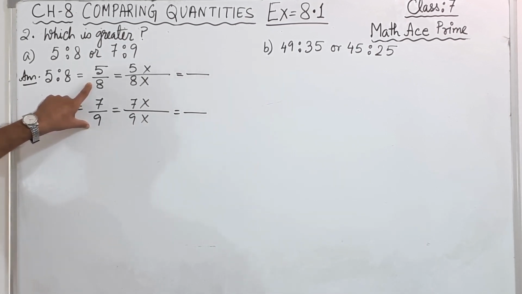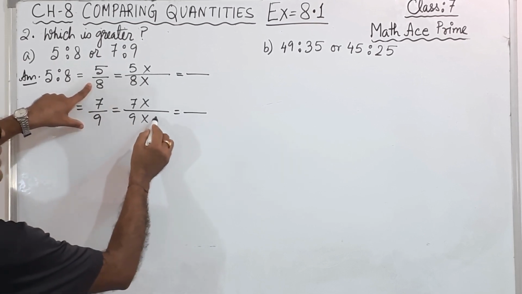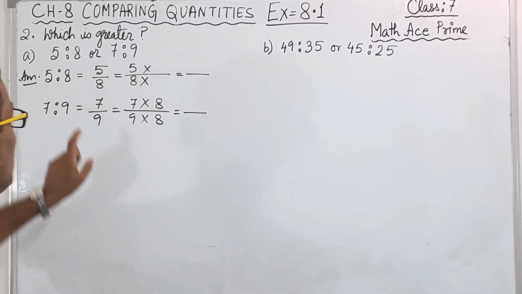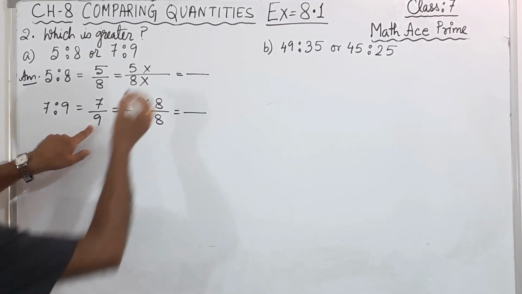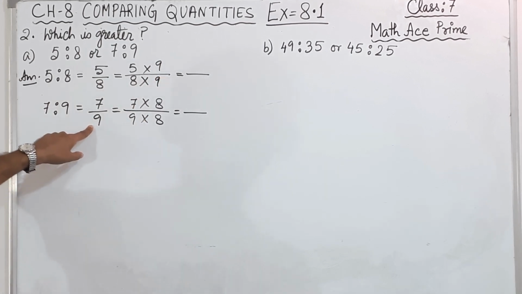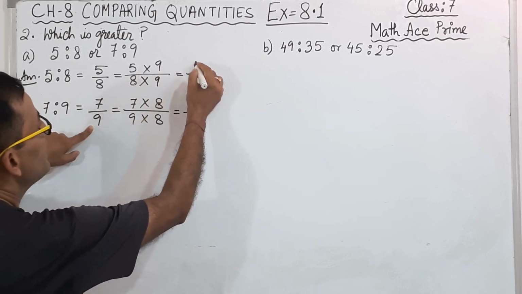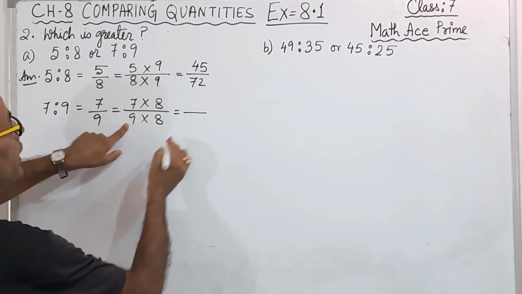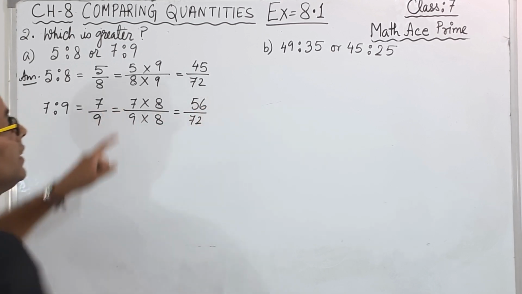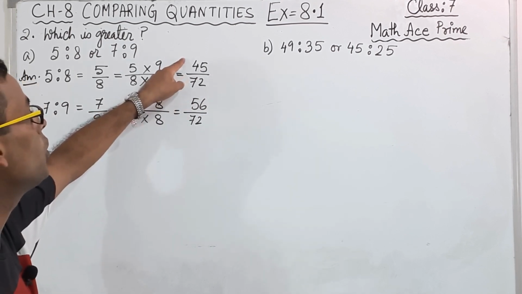कैसे सेम करेंगे, इसका 8 है, इसका 9 है, तो क्रिस क्रॉस कर देंगे। ये वाला डिनोमिनेटर 8 है, इसको इससे मल्टीप्लाई करेंगे, ऊपर में भी और नीचे में भी, और इसका डिनोमिनेटर 9 है, इसको ऊपर और नीचे दोनों को मल्टीप्लाई करेंगे। तब क्या हो जाएगा, 8 9 72 एंड 5 9 45, ओके। और इधर में भी देखो 72 और 7 8 56। तो अभी देखो डिनोमिनेटर्स आर सेम।